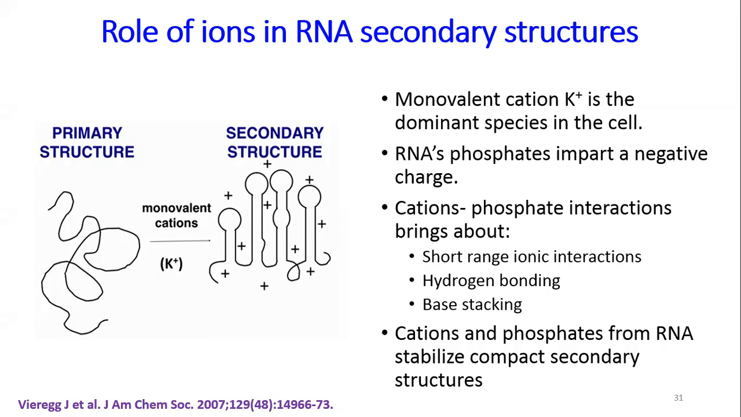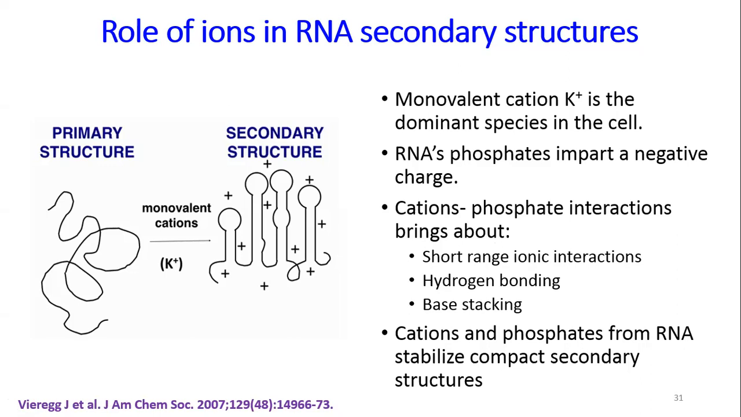Now you know that the RNA phosphate imparts a negative charge on the RNA structure, and K plus has a positive charge. Therefore, this cation phosphate interaction brings about short range ionic interactions. Due to these short range ionic interactions, hydrogen bonding becomes easy to happen, and it also enables base pairs to